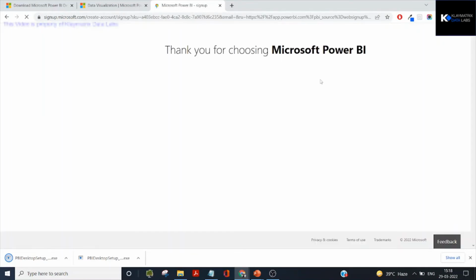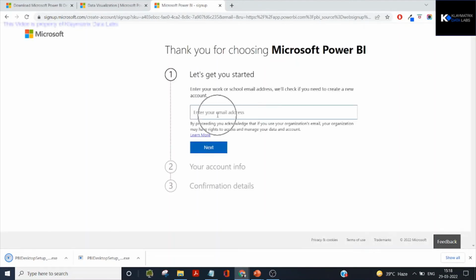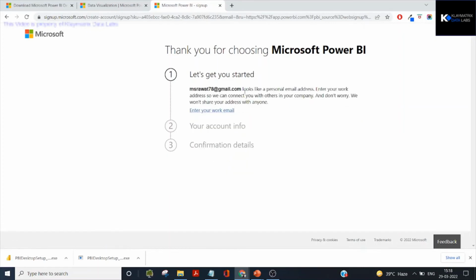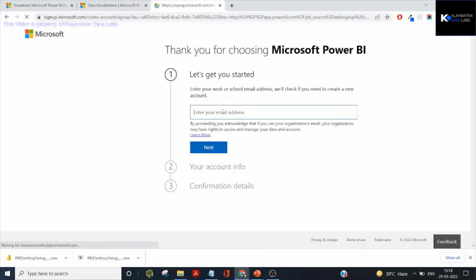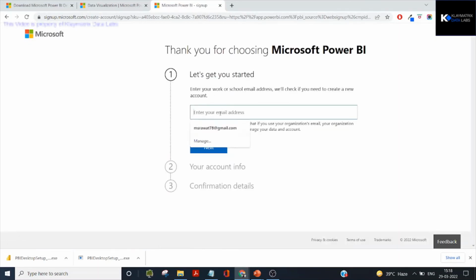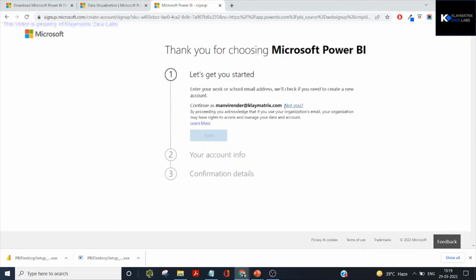And over here you will be asked to enter your email ID. Now if you put in your personal email ID, this will not move further because it will say that you need to enter your work email ID. So what you do is you have to enter your work email ID, which in my case is something like this, and then once you do that, if your official ID is linked to the